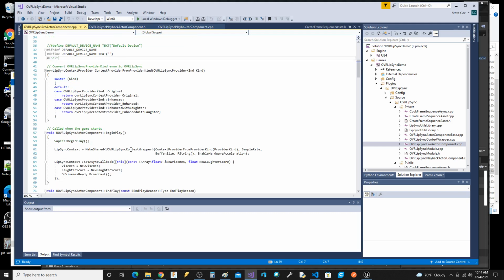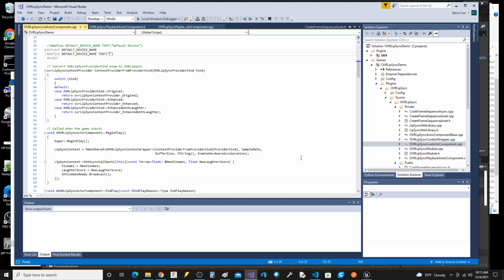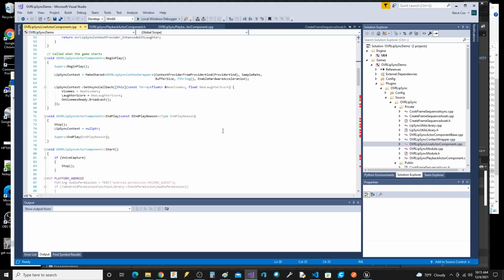It tries to go find it, and it uses this hard-coded string. So somebody said on the Oculus forum, oh, you just do this. Well, that's a no-no on Oculus's side. They really should have made this a property, and that's what I was thinking about doing.